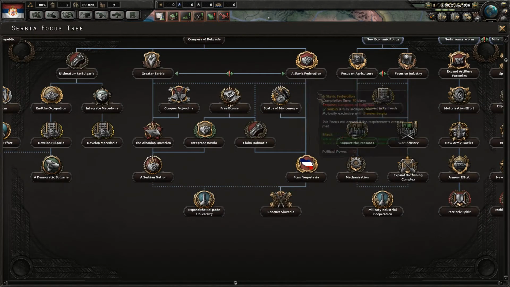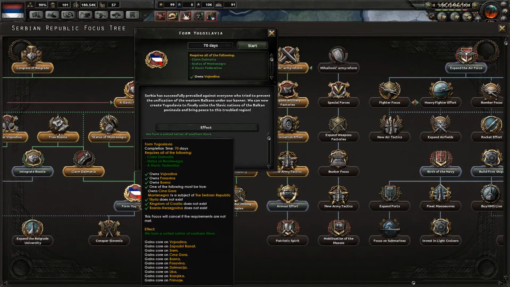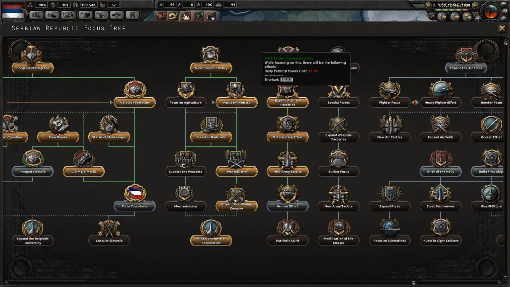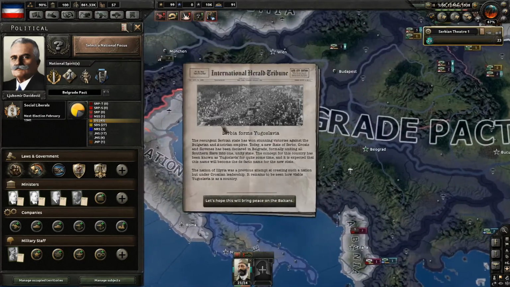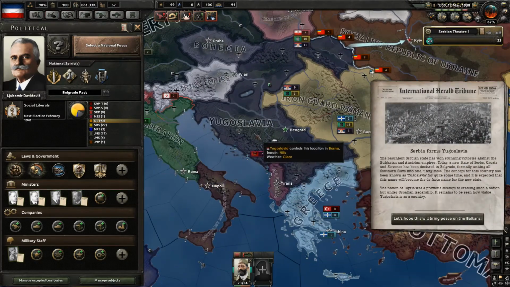Whereas the Slavic Federation is, of course, looking to form Yugoslavia, which is going to give you cores on all of historical Yugoslavia. So, essentially, from Macedonia all the way to Slovenia. And I believe even in Trieste, you actually don't get a claim or a core on Trieste. Okay, but still, pretty much that is